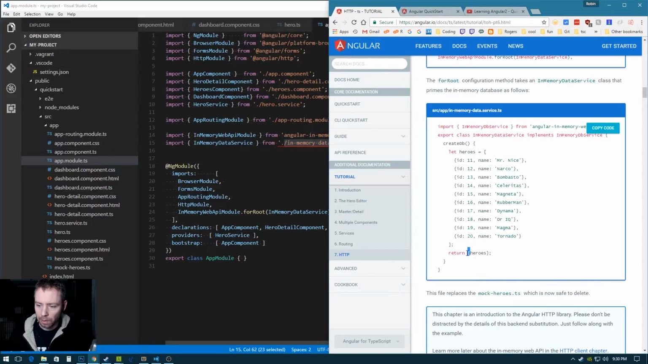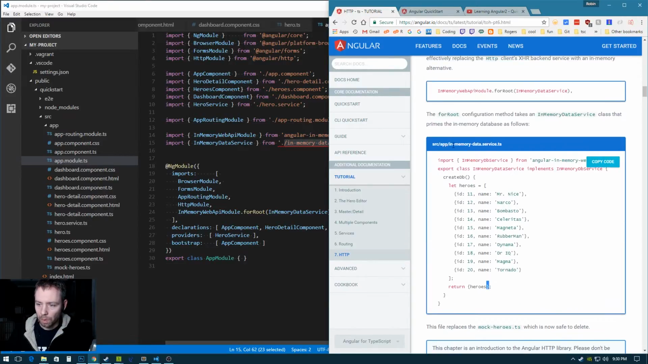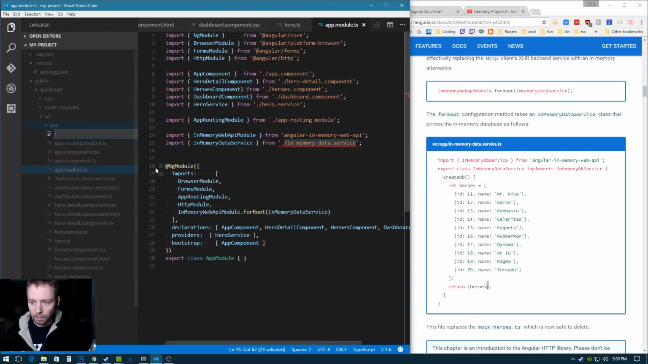Why is it inside of this? I don't know yet. We'll figure it out later. So, does it want me to create this? All right, let's make it. New file. In memory